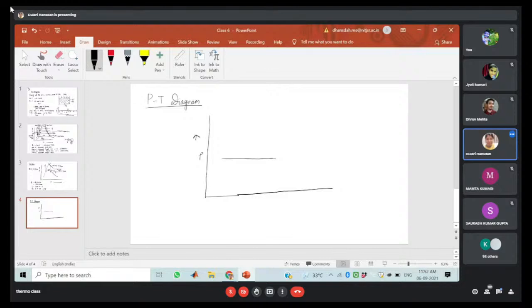Okay. Yeah, let us consider this to be 1 atmospheric pressure. So initially, what will happen? The solid ice temperature will increase from minus 10 degrees Celsius to 0 degrees Celsius, right? Okay. So next there will be the 0 to